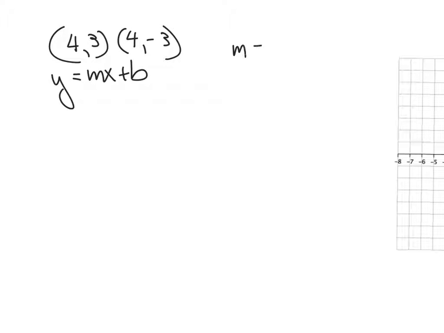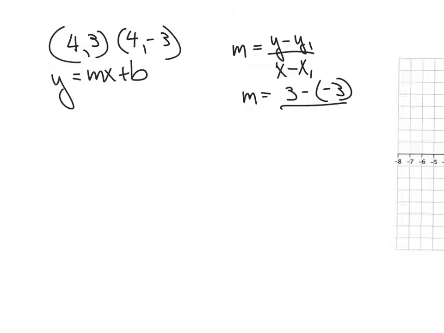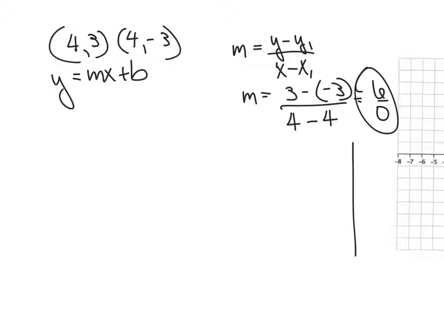our slope, that equation there, and our slope then is going to be one of the y's minus the other y over the x minus the x, which just gives me 6 over 0. Well, that's interesting, because if the slope is undefined, that means the slope is a straight up and down line. Okay, there is no slope. So if that's the case, this part right here